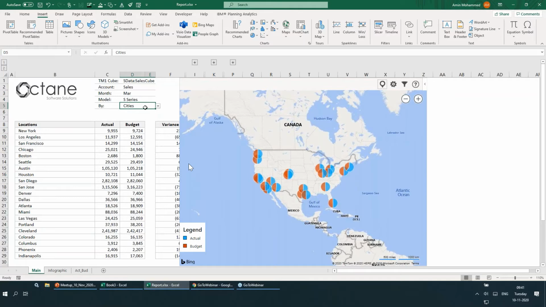So now I've selected a city view, which is showing me all the cities that are available in this report. And as soon as I do that, you can see that it is now showing me a view which is more specific to the cities that I have selected. These are mostly United States cities, so that's why it's showing that particular area of the